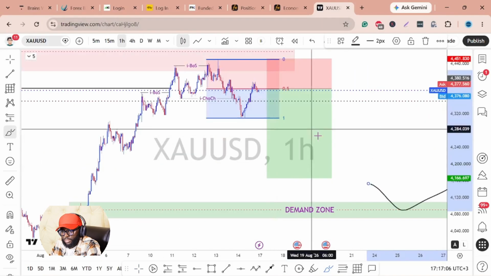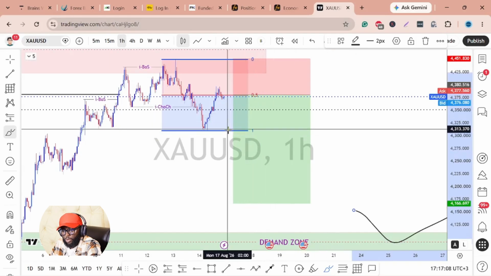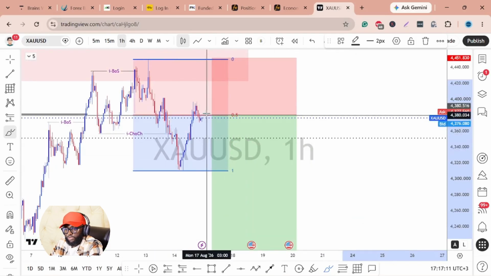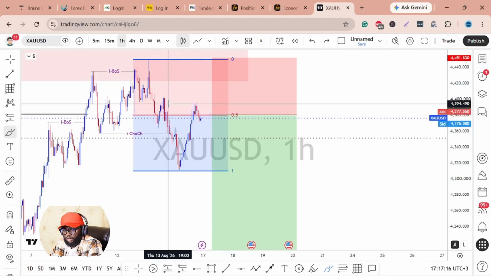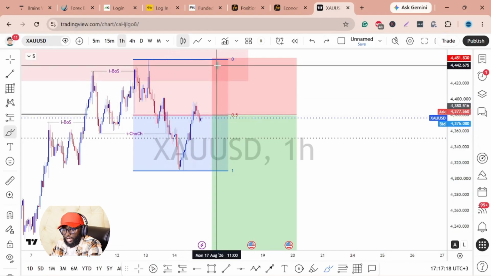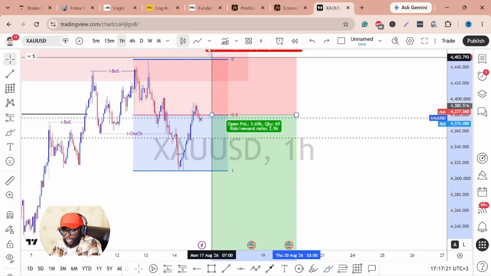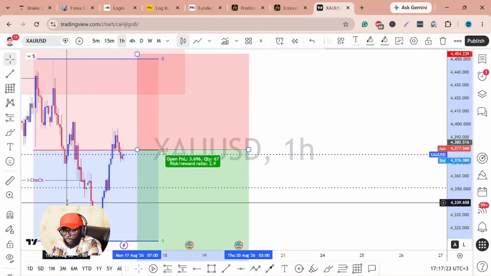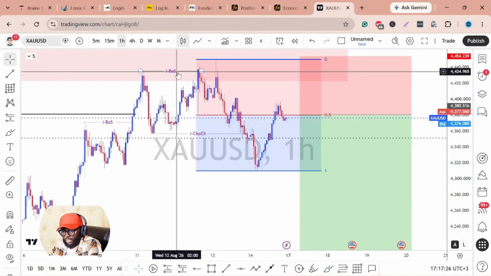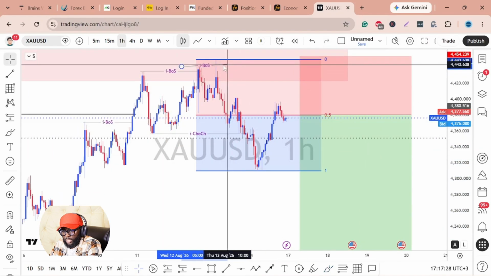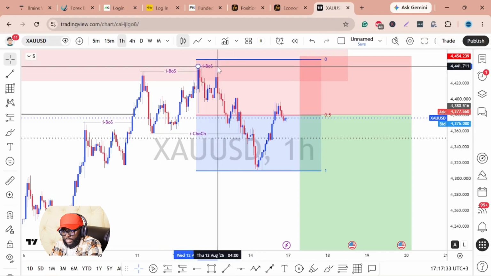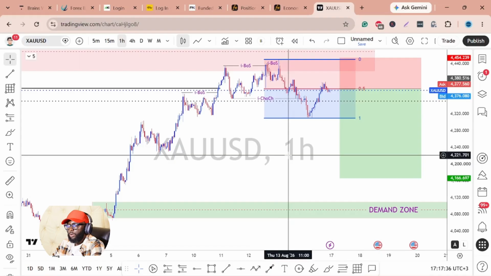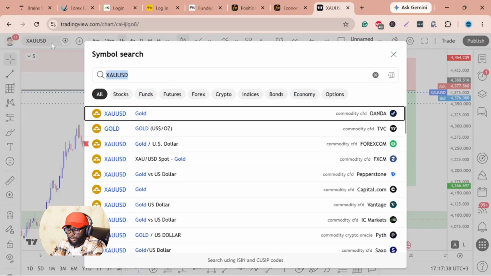So as the week opens, you want to take attention of this move that we are having over here. I'm hoping that these levels will hold for price. But if at all you're taking this position, make sure that your stop loss is just above here. And what also gives me more confidence is that we already have some liquidity sweep over here. So this would be an interesting setup to see how the week opens and for it to roll out.